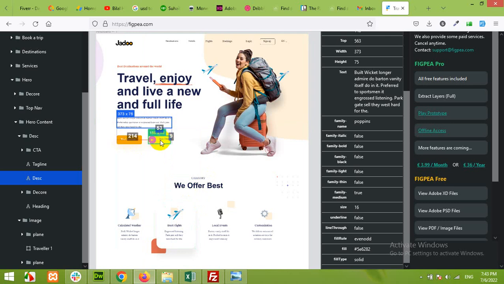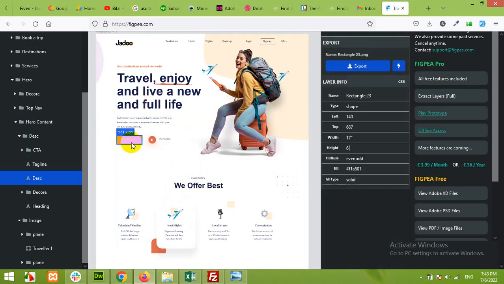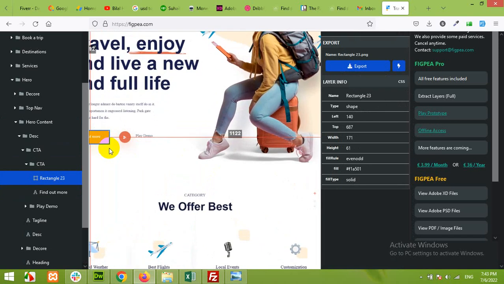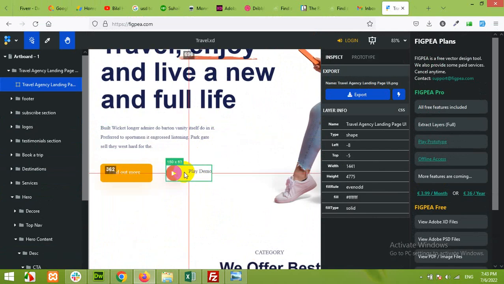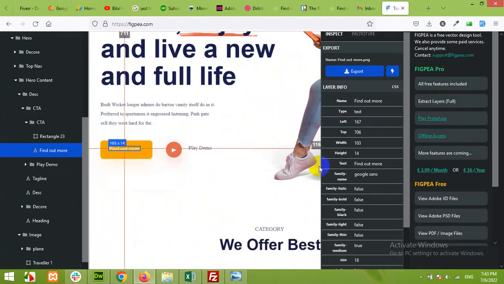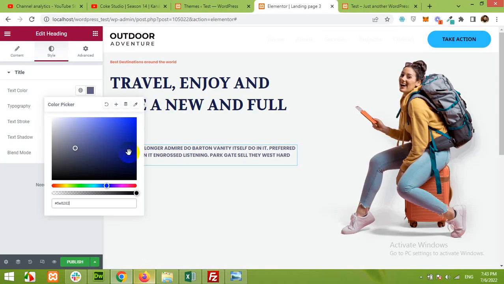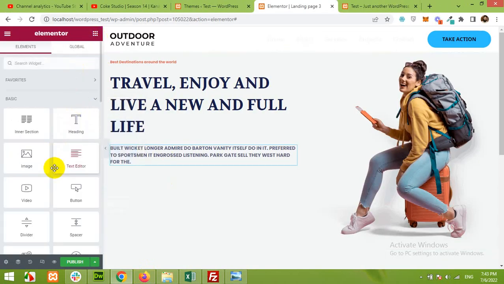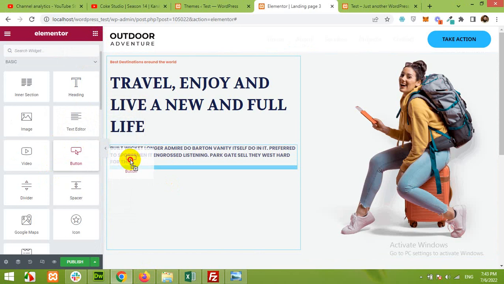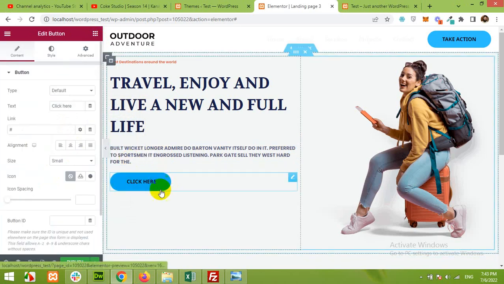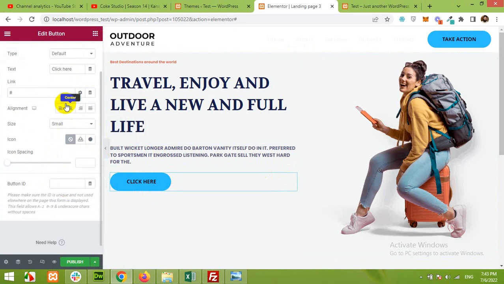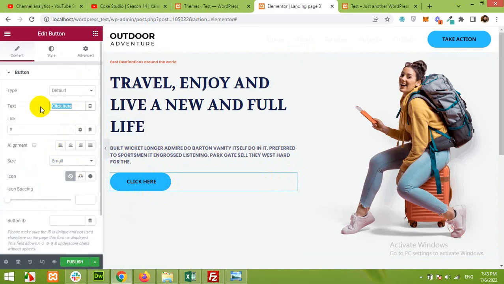Next is a button and a play button. So we will get these as images, but you can make it a button. This one can be a button, but the play one, this one is an image, and this one can be a button. So let's copy the text, find out more, and make a button here. Let's change the text,